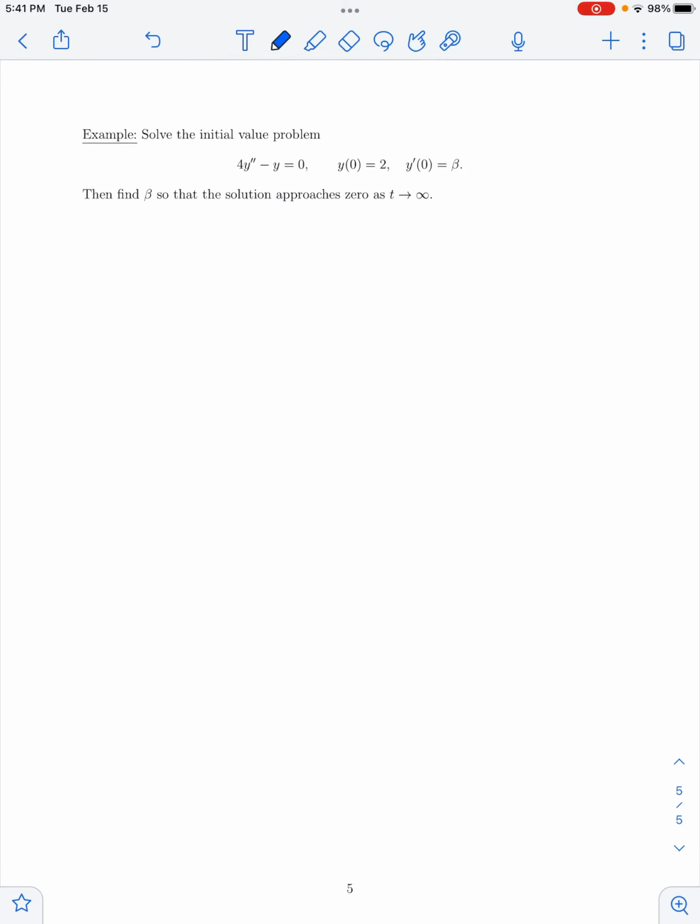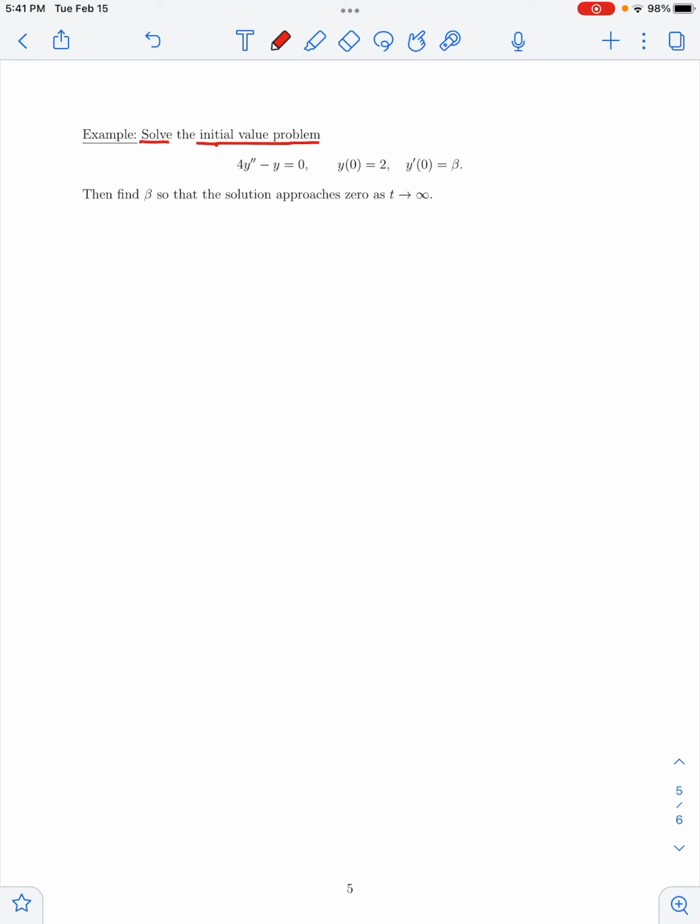Now in this last example, we've got a problem where one of our initial conditions is some arbitrary value, and we want to know what specific initial condition will give us solutions that behave in a particular way. So let's consider this. We are asked to solve the initial value